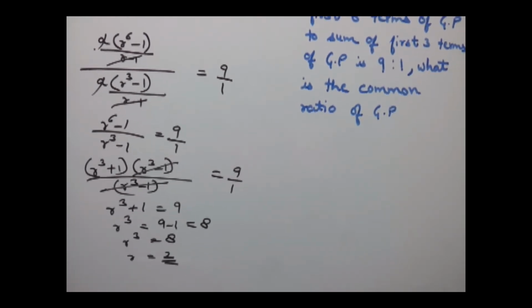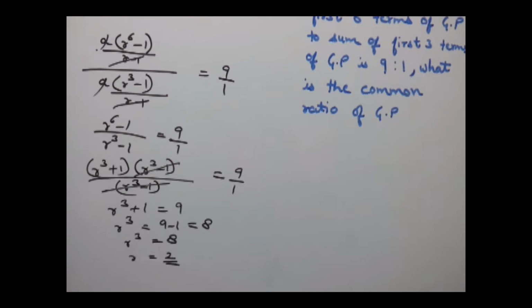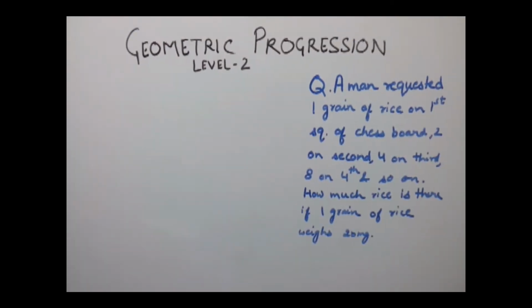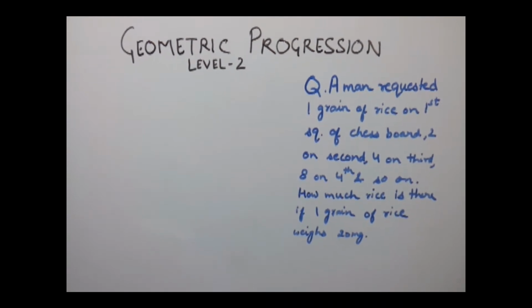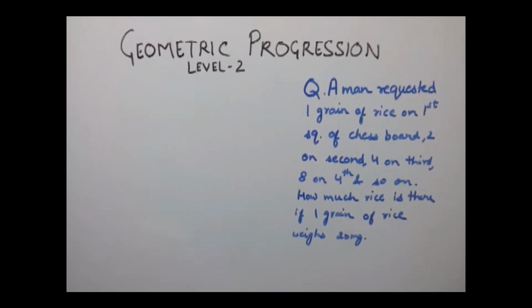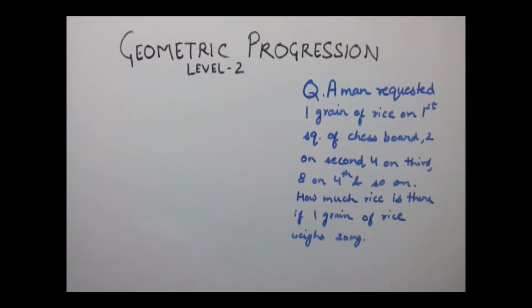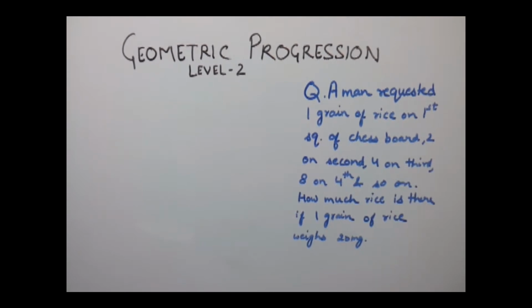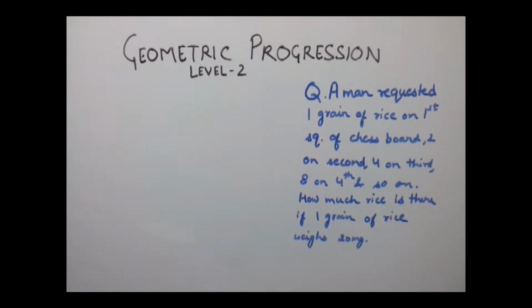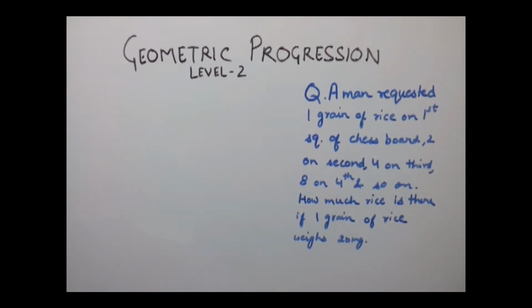Now let's have another example. Our other example is: a man requested 1 grain of rice on the first square of a chessboard, 2 on the second, 4 on the third, 8 on the fourth, and so on. How much rice is there if 1 grain of rice weighs 20 milligrams? Now here we know that there are 64 squares on a chessboard,